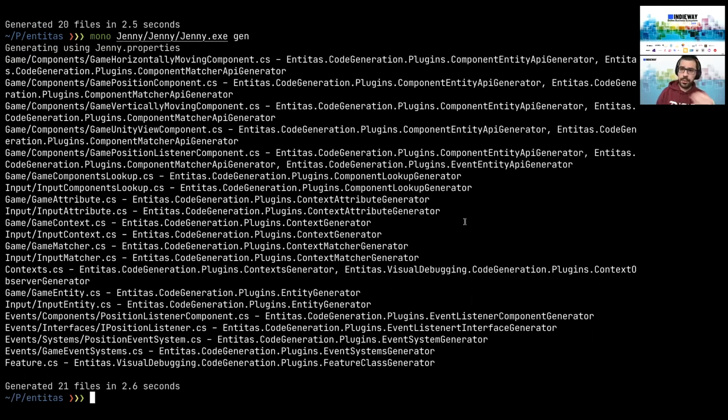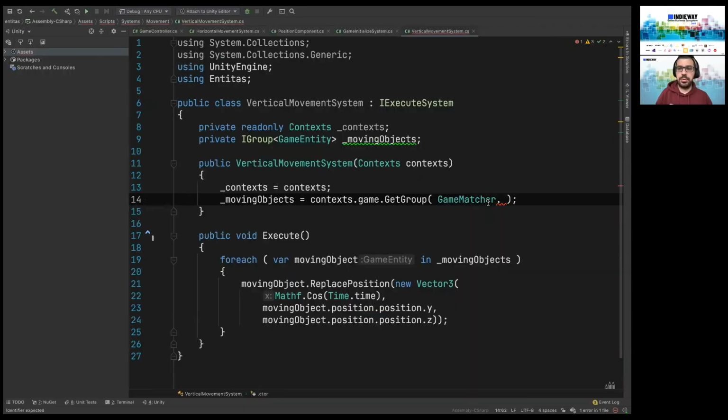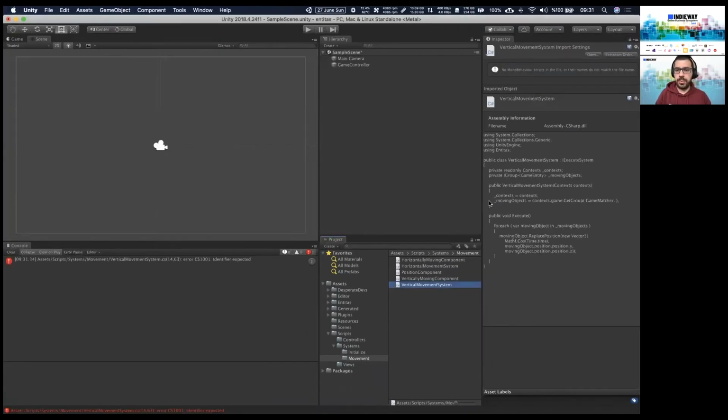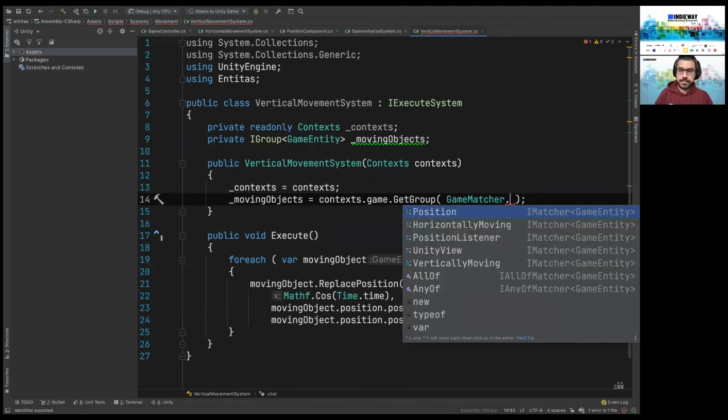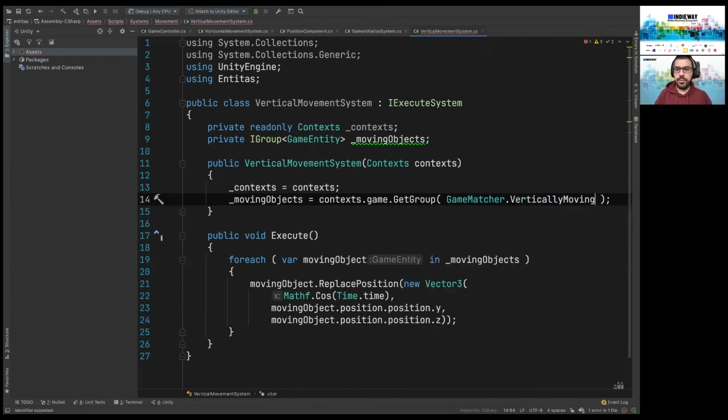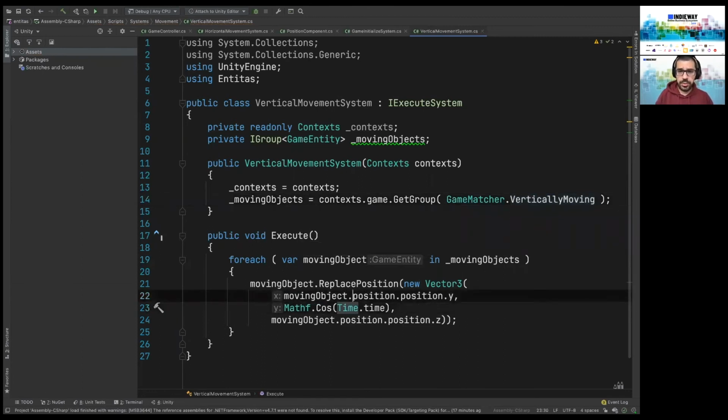First of all, I have to generate a code because I've added a new component, and I have to generate the necessary component for that new addition. Vertically moving. I'm going to be changing the vertically moving on this system. The code is the same.